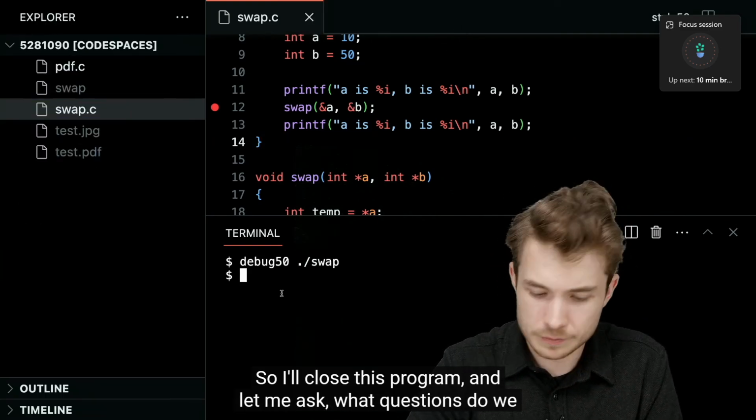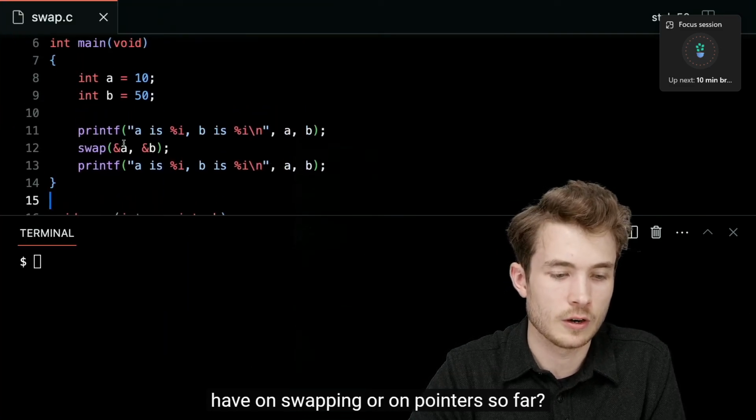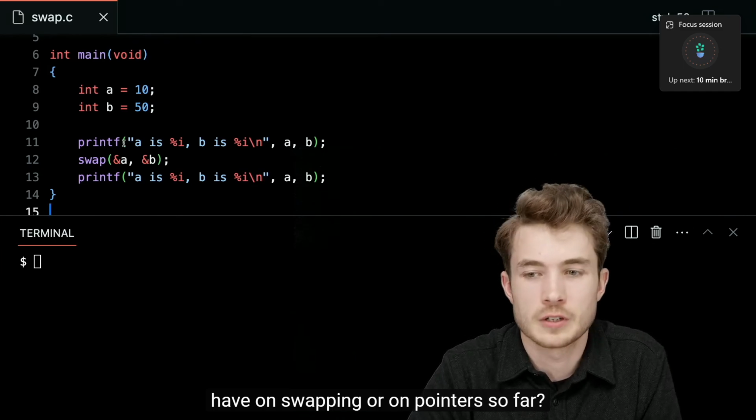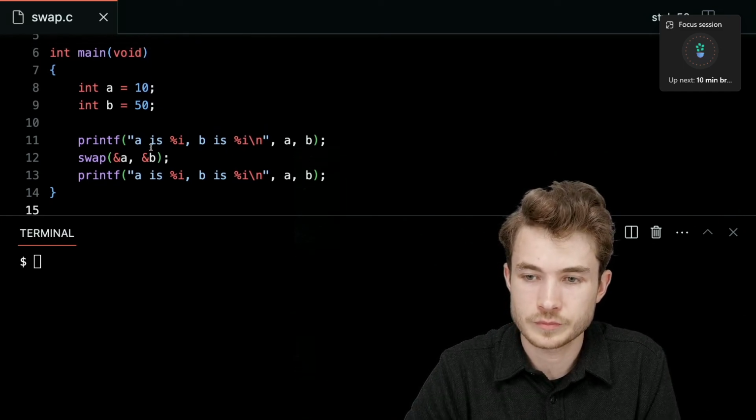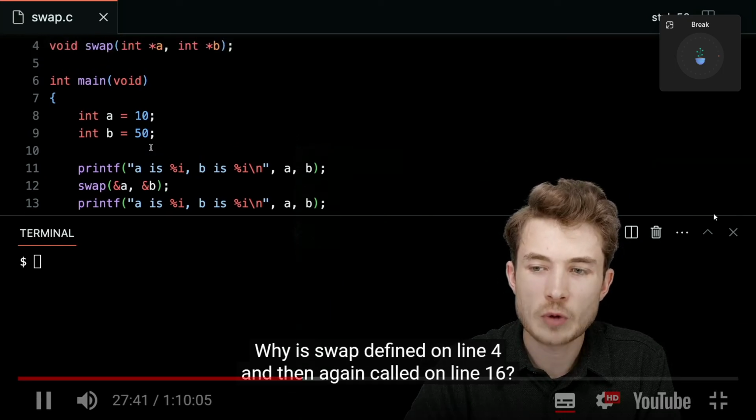So I'll close this program, and let me ask, what questions do we have on swapping or on pointers so far? Question here, why is swap defined on line